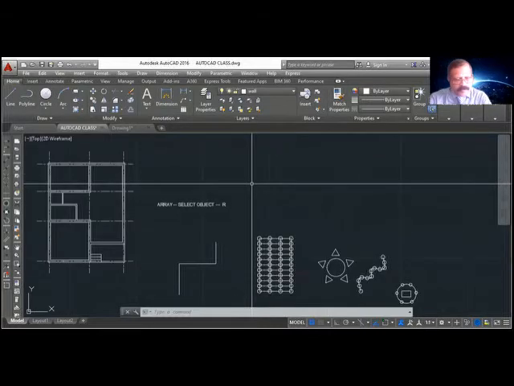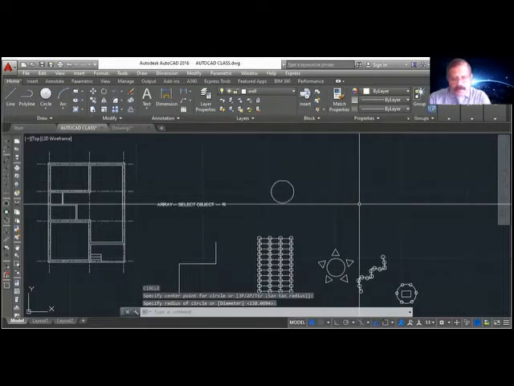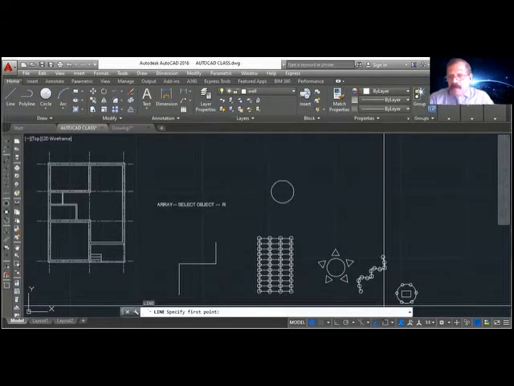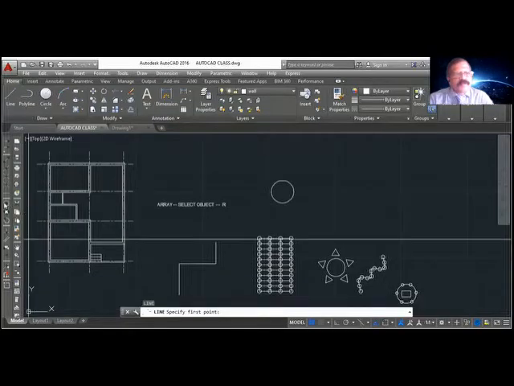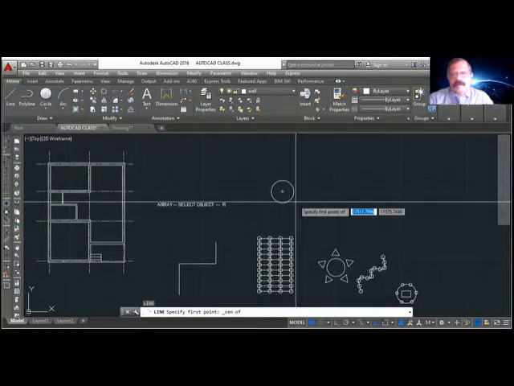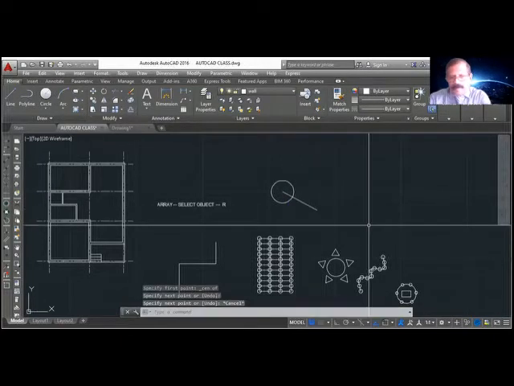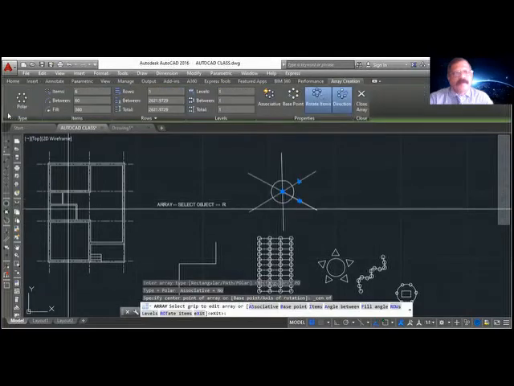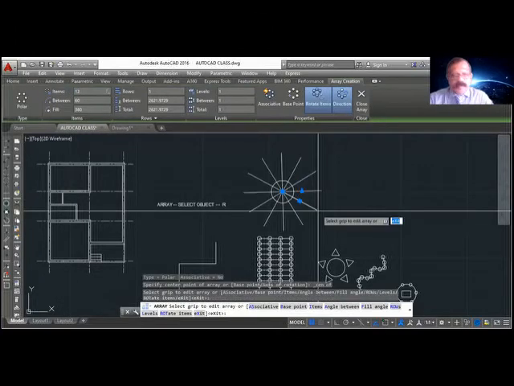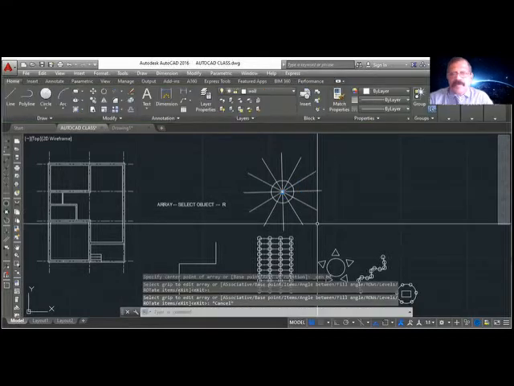Okay, so I'm going to make a small circle here. Line, center of the circle. This is off now. I will use from here, center of the circle, show the center. Click. Okay. Array, AR, polar array, center point of array, center of the circle, again center of the circle, click. Maybe I need about 12 numbers. Okay, so this is my tree. So I want to convert this into a tree.